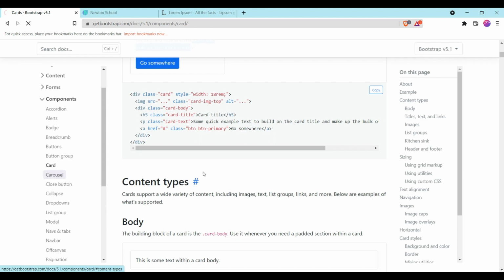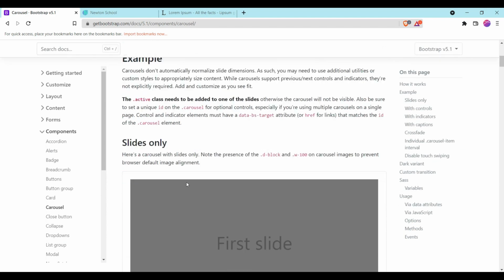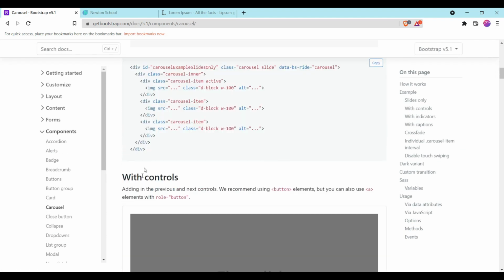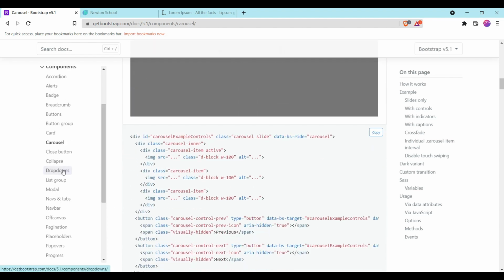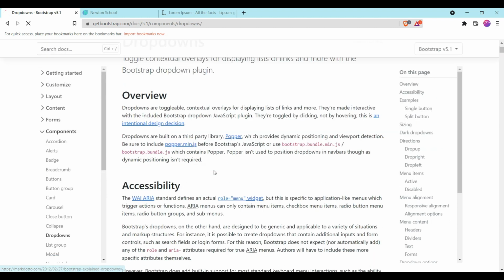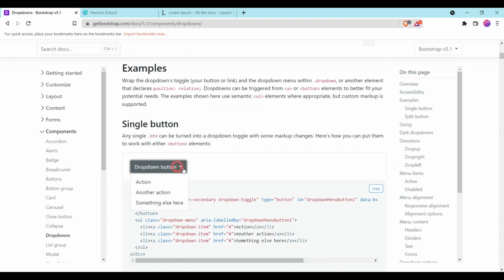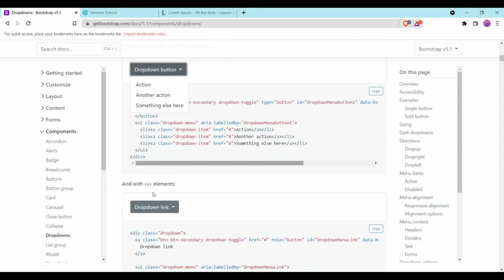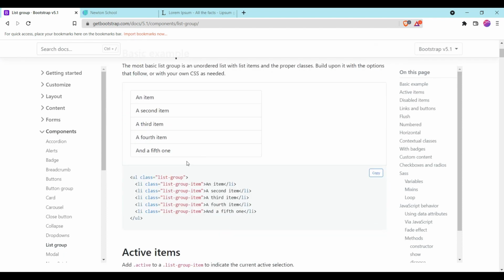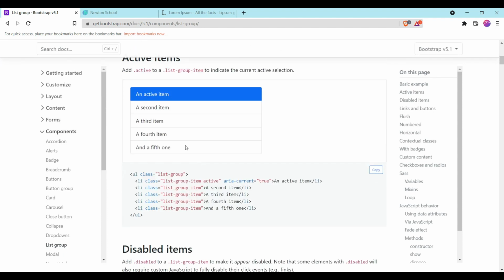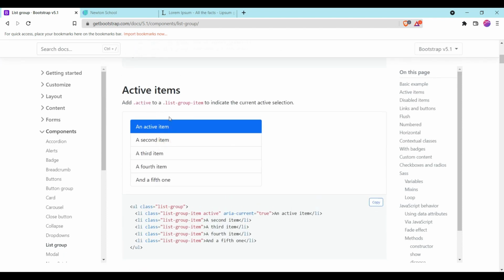And as I told before, there are many carousel options. You can use any carousel that you want in your project. Dropdown options are given here. You can use them in your navigation bar. Also the list group, you can see the list group is open, with an active one.